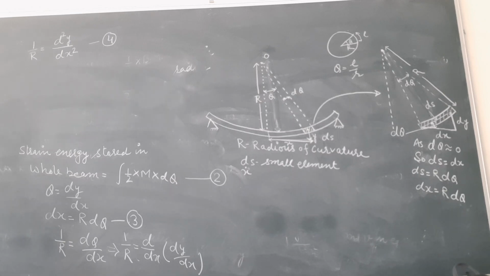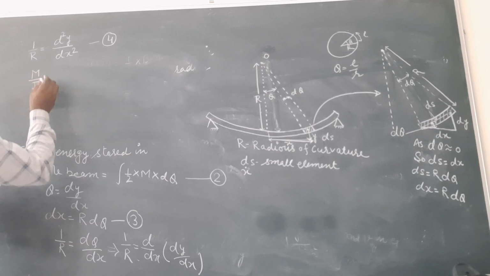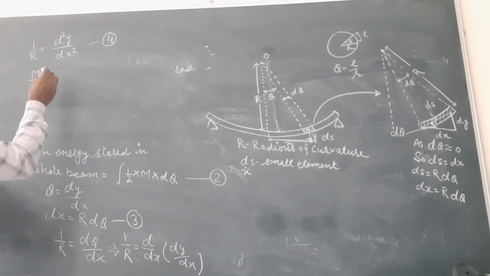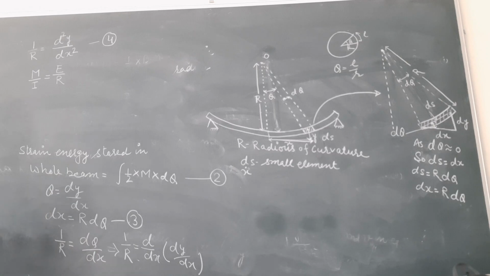As we already studied in the strength of materials subject, in bending of beams, the relation is M by I is equal to E by R, where M is the